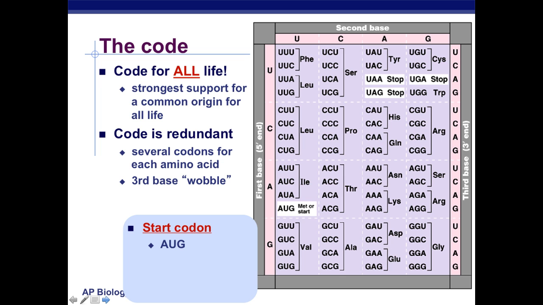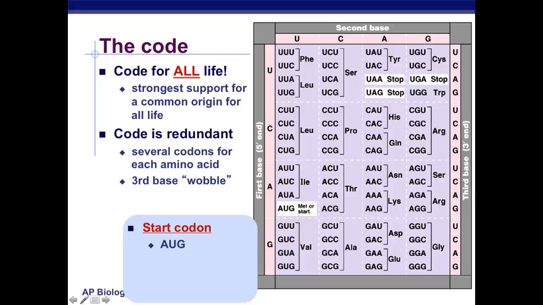The third base is wobbly, so at times the third base pair may be switched or replaced, and that's okay because the code being redundant allows for that point mutation to occur, but for the same amino acid to be coded for. So in the case of GU, if it's GUU or GUA, you're still going to code for valine